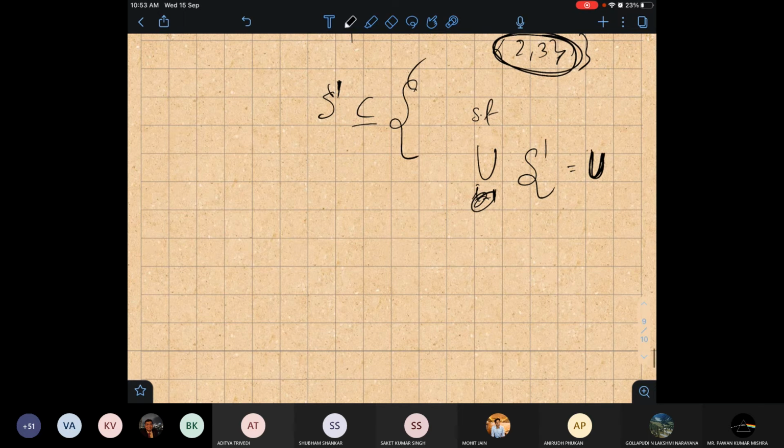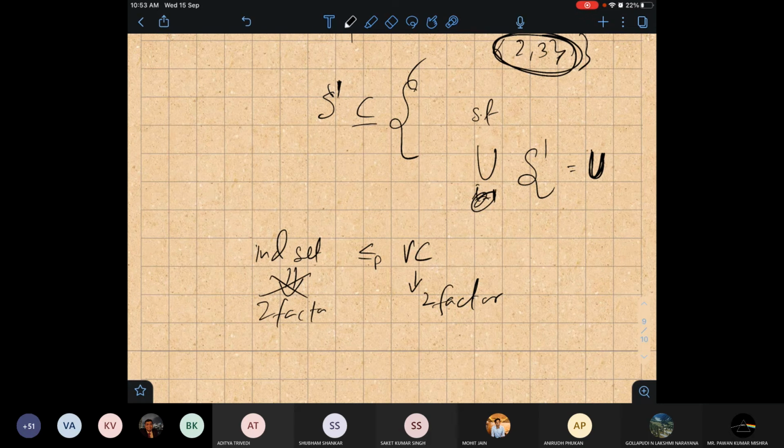Suppose, how many people have heard of independent set? Independent sets are sets of nodes which don't have any edges among them. So we know that independent set can be reduced to vertex cover. We can show a reduction, but it does not ensure the factors. We can have a two factor for one problem, but we cannot say we'll have a two factor for the other. Merely showing a reduction will not help in ensuring a factor, because these two problems are different in difficulty.